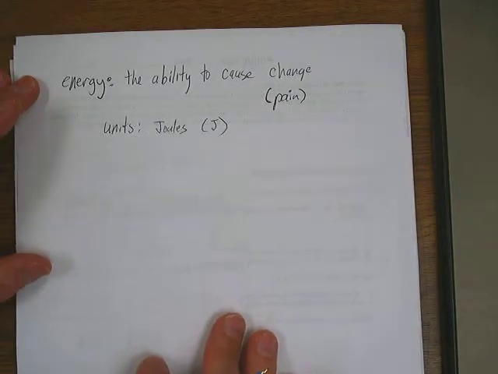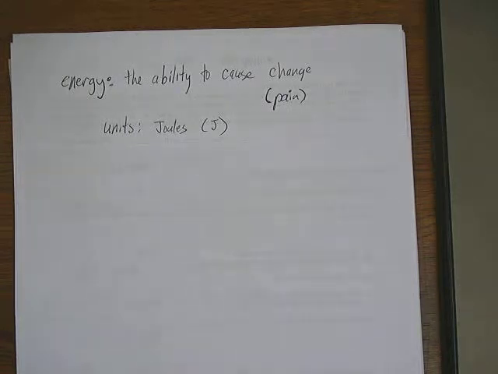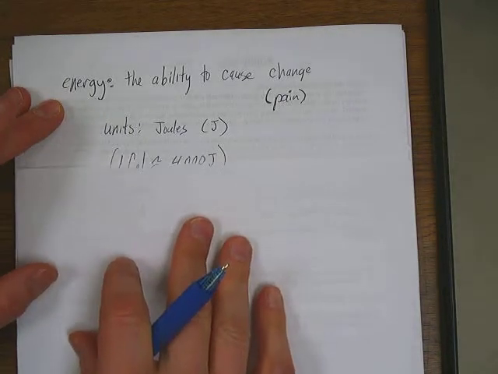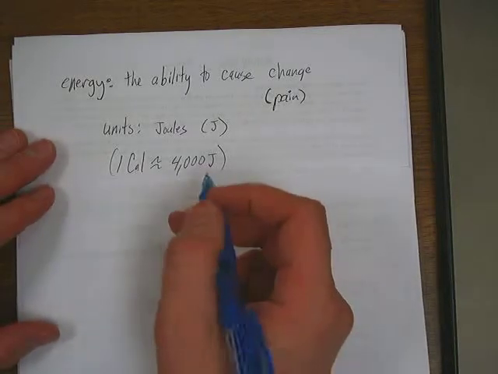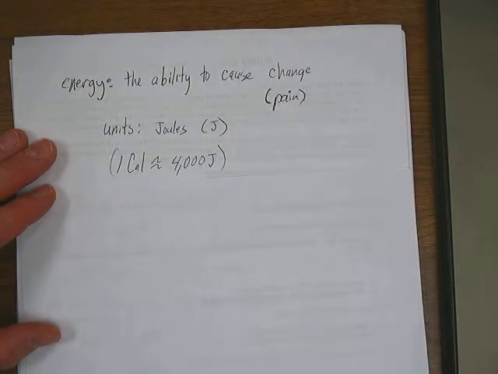That's what I thought. Okay, the units for energy are joules, capital J. Remember, though, there is a conversion, a rule of thumb that you need to memorize. The one thing you ought to memorize for the test: 1 calorie, food calorie, is about 4,000 joules. So that when you get an answer in joules, you can relate it back to calories